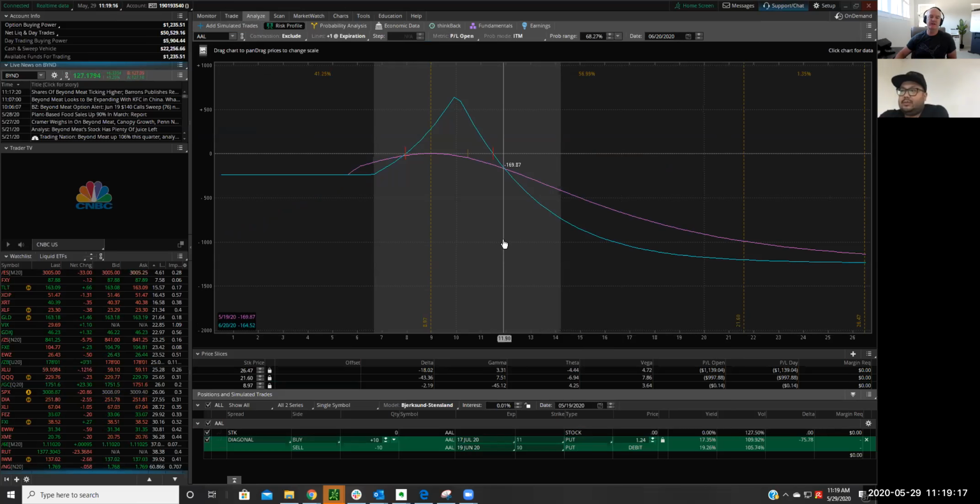Okay. So here's the risk graph on this guy. And I'm going to change this to June 20th. So what happens is it's currently trading at this hash mark. 1047, right? Yeah. All right. So anything to the right of this is a win. Anything between this is a win for you. So it's currently trading here at $10.45.